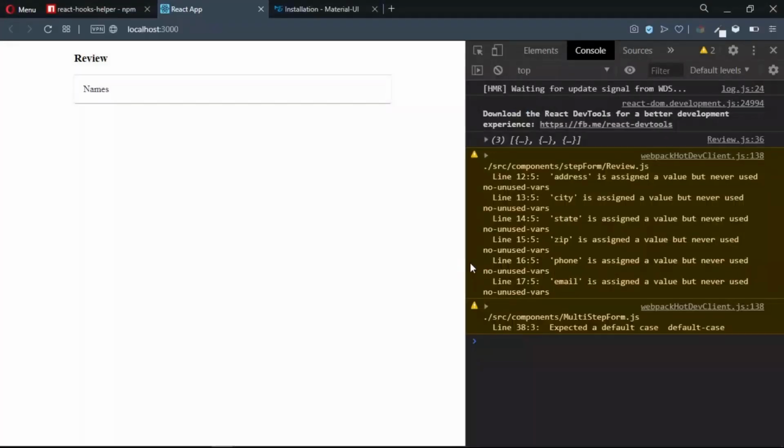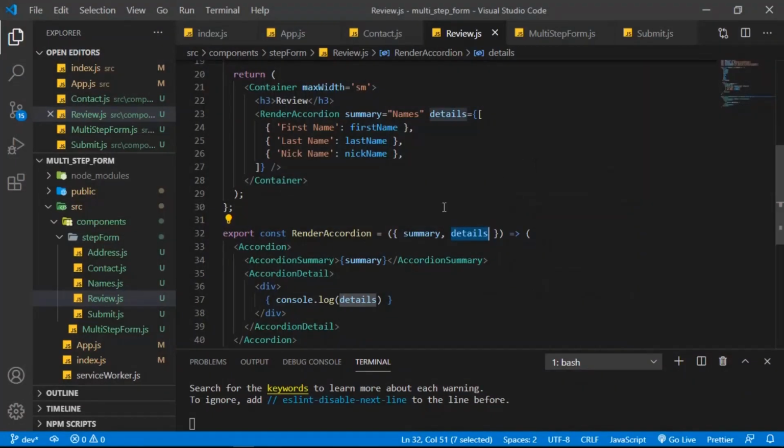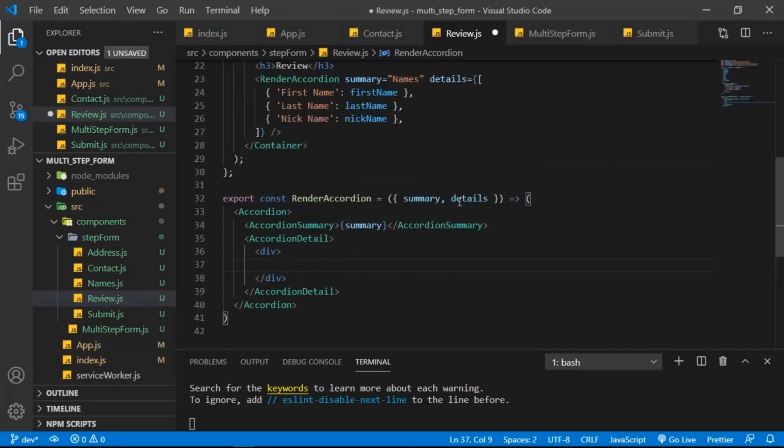Details. Oh, here we go. We have an object with 3, we have an array with 3 objects inside in here. Okay, pretty cool. So what we need to do in here is just map through this details array. So we can say